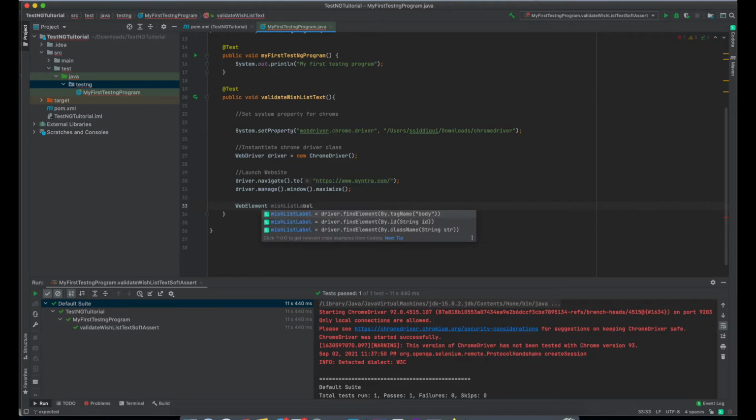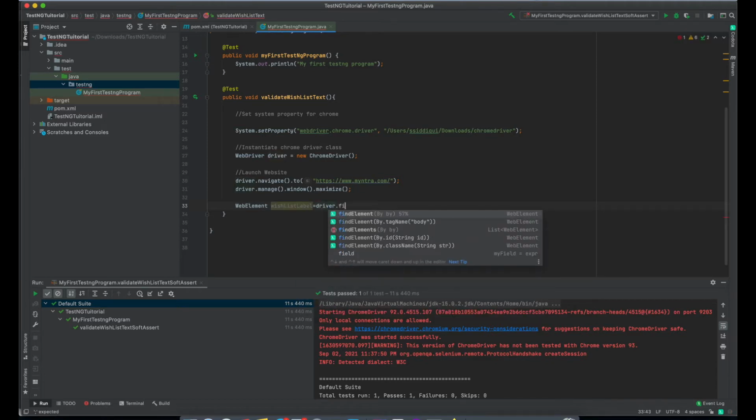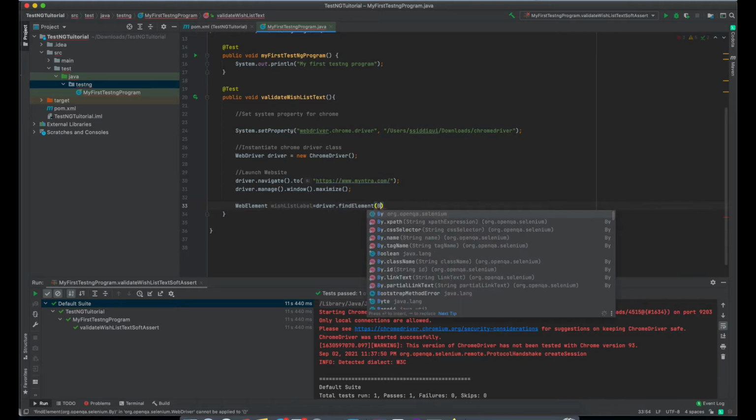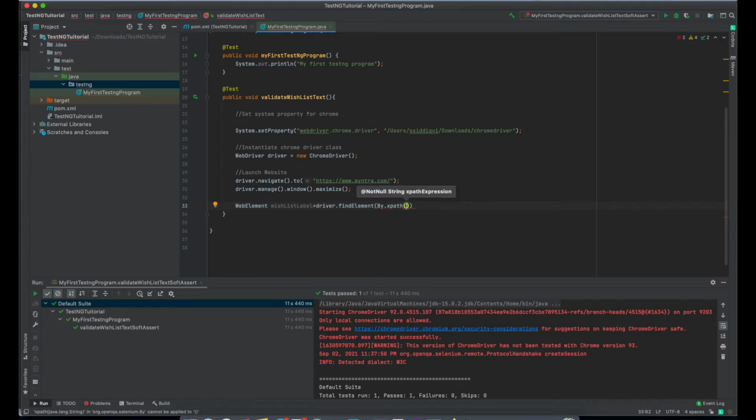So we are going to take the wish list label, and here we are going to find the element by XPath. Now we have already copied the XPath, and we are just going to paste this XPath.